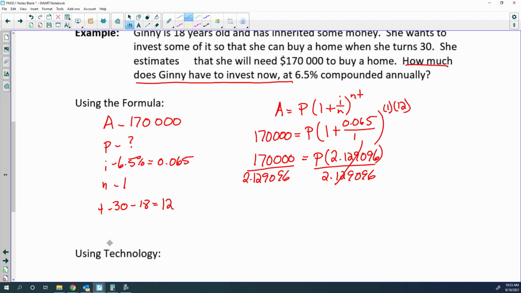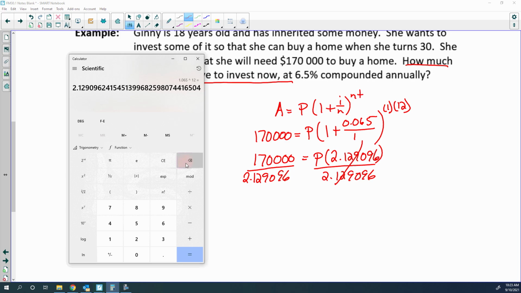Then I'll go to my calculator and divide that out: 170,000 divided by 2.129096, and I get